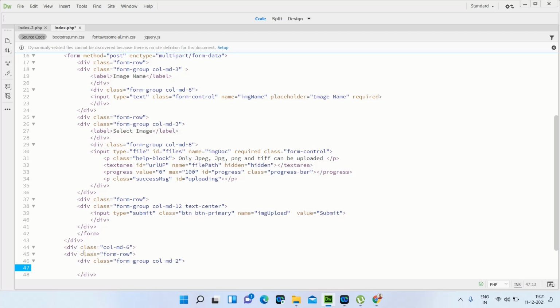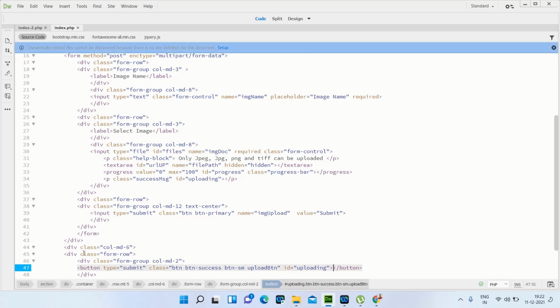We create a button and type is equal to submit, and then call class btn-success. So after that for the btn also call class btn-sm, means small, and also class of upload, id is equal to uploading.